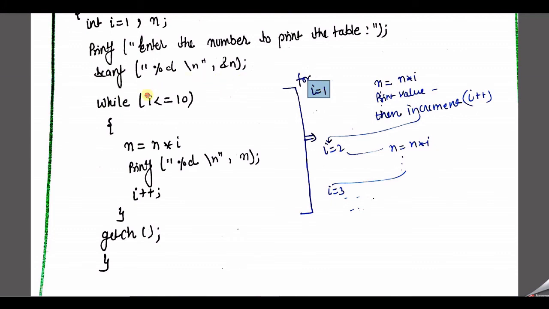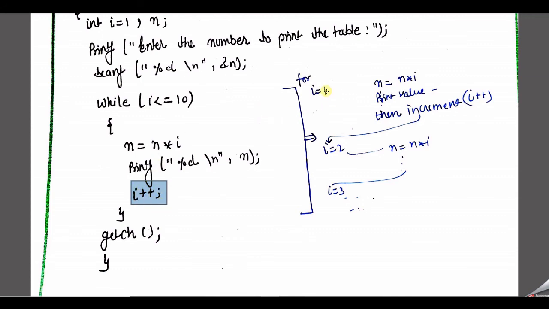After that we need to decide the condition, that means how many times you want to execute our statement, the statement which is repeatedly called by the program code. So the termination point will be decided by you, that means the condition of the while loop. And after that you also need to decide the increment or decrement, that means whether you need to increment it or decrement it. So this totally depends on our logic.